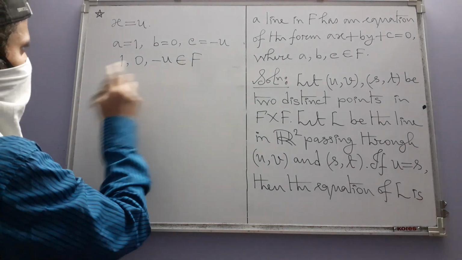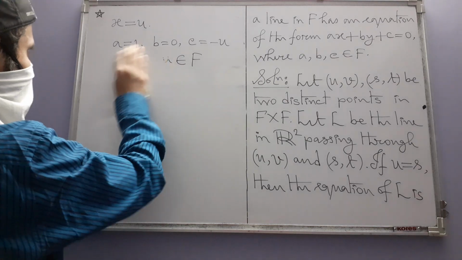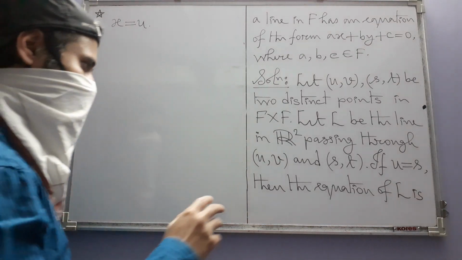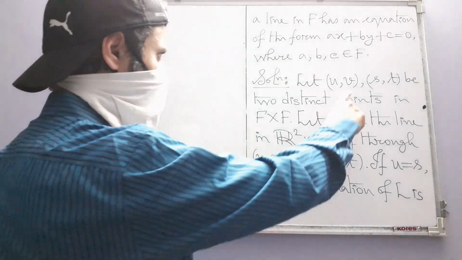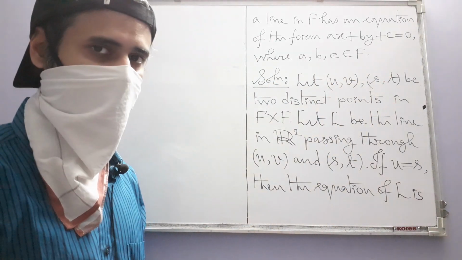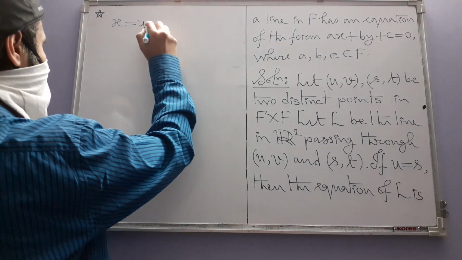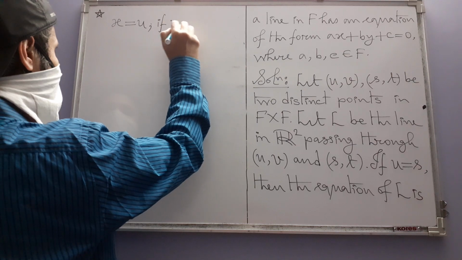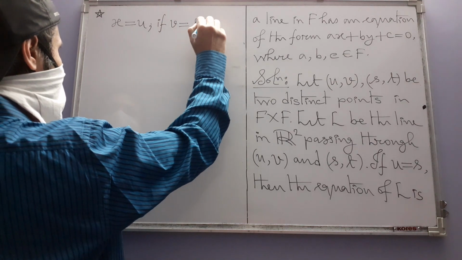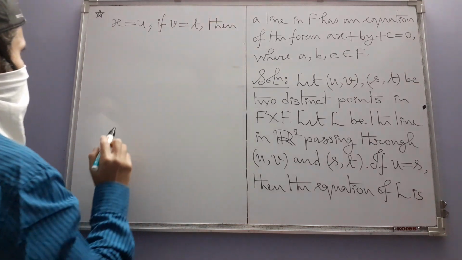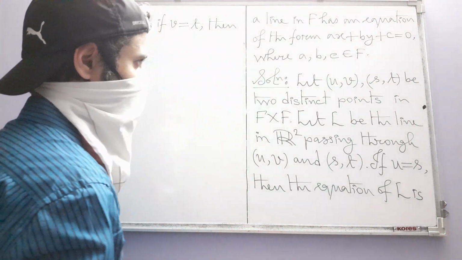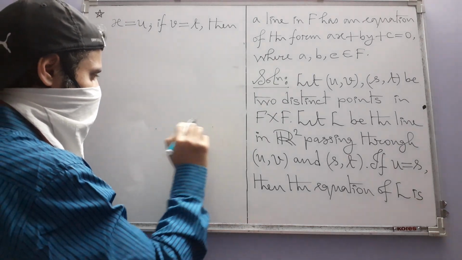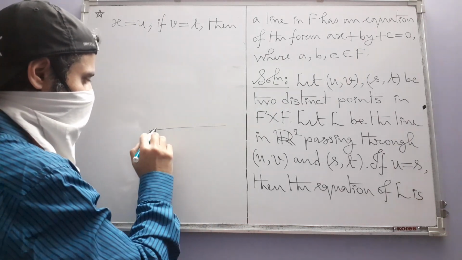We are, however, not going to write things in this elaborate form. We will finally conclude. Now let's consider the other case. Say v is equal to t. If v is equal to t, in that case what will happen? Then the points lie on a horizontal line